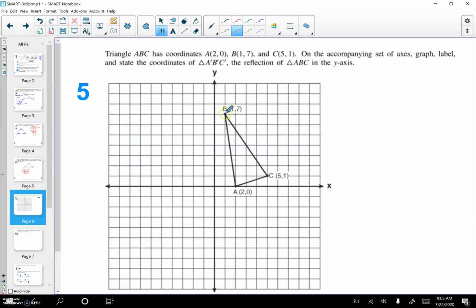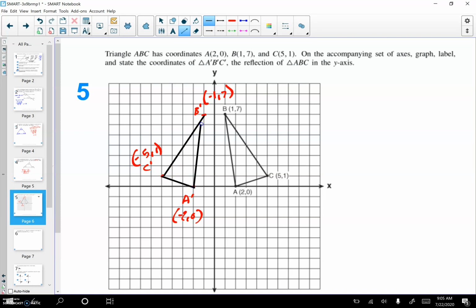So reflection over the y-axis, I'll start with B. B goes to, right, you go left 1, so you go left 1 again. So B prime then is negative 1, 7. C is left 1, 2, 3, 4, 5. So we're 1, 2, 3, 4, 5. There's C prime at negative 5, 1. And then A is left 1, 2. So it's left 1, 2 again. A prime. And that gives us negative 2, 0. All right, and then we will connect them